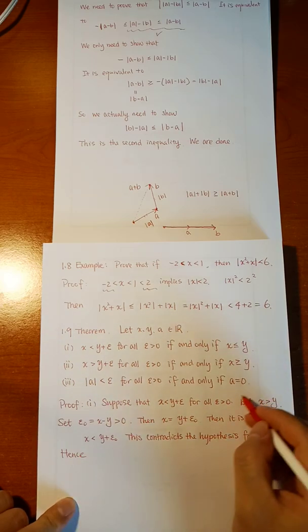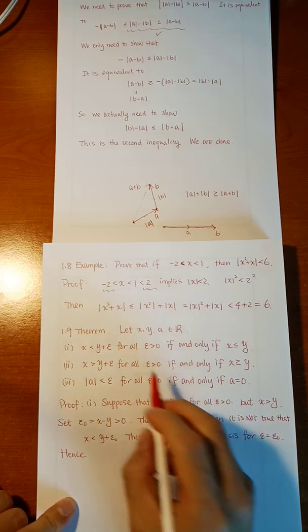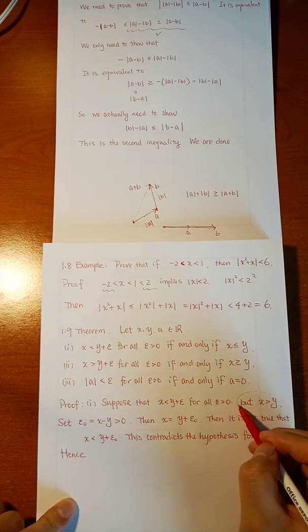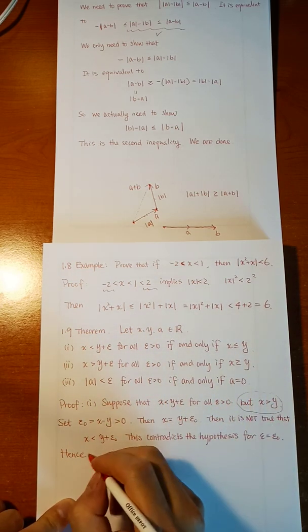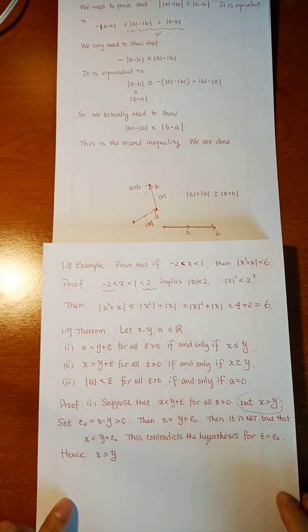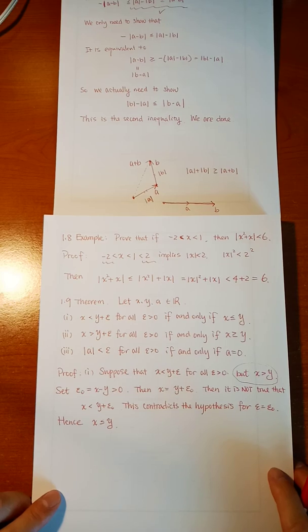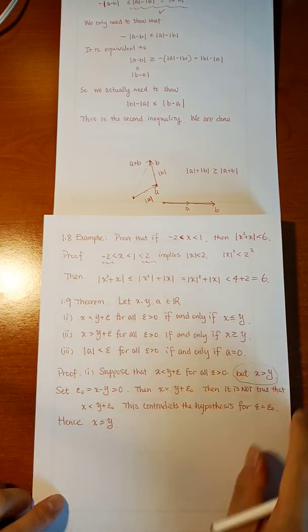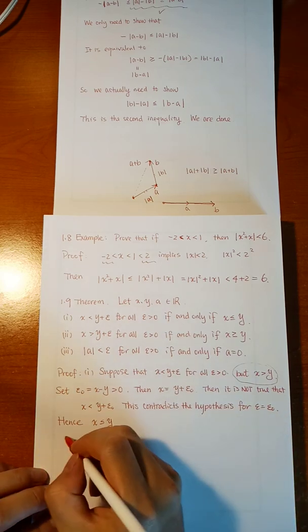Hence this part is wrong. The first part is always correct because it's part of the hypothesis. What you assume is this. Your assumption is wrong, so x is less than or equal to y. This is one direction. From the left side, you get the right side. Okay. Conversely,